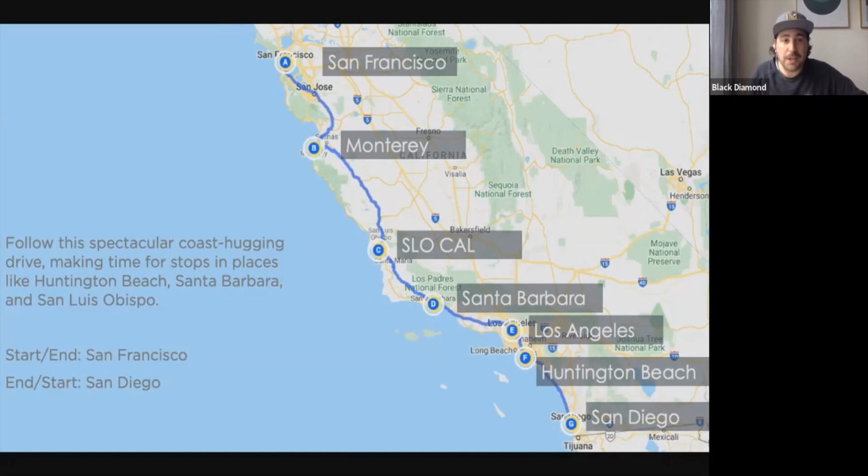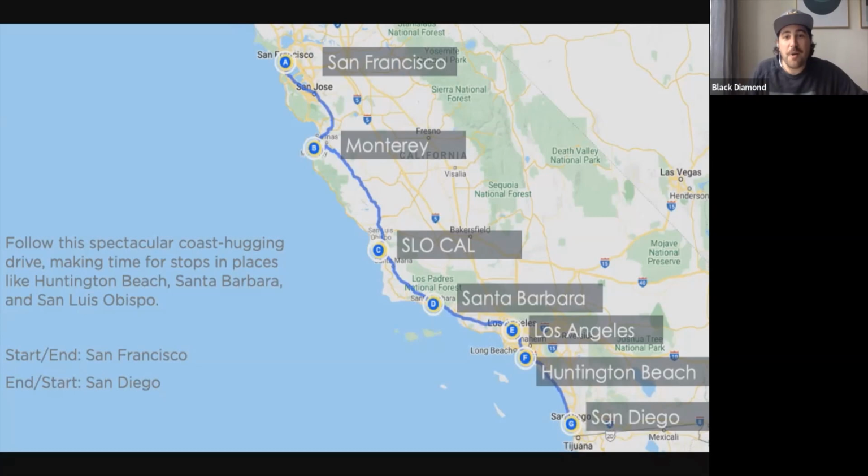The number one question I do get though, if we're talking tech, is people want to see the Tesla factory, which is just outside of San Jose in Fremont. Unfortunately, Tesla is a closed factory. You can do tours, but you need to stump up the cash to buy a Tesla to be able to get a tour. That being said, a couple of times a year they do open it up to the general public on a raffle basis, so you can potentially get that, but there's no system to it. So that's just a little heads up on Tesla. For some reason, every time I do a consumer show, that's one of the number one questions. I want to go to the Tesla factory.